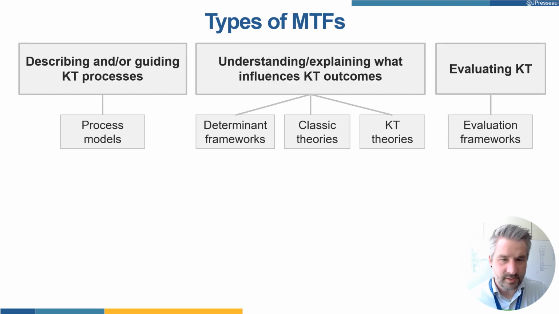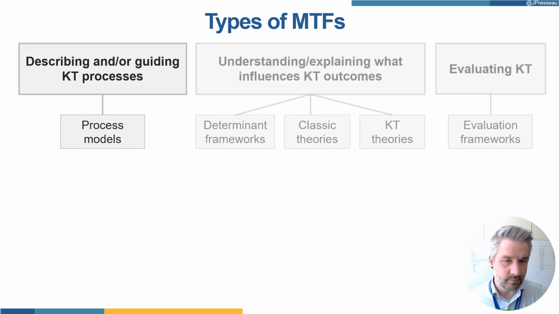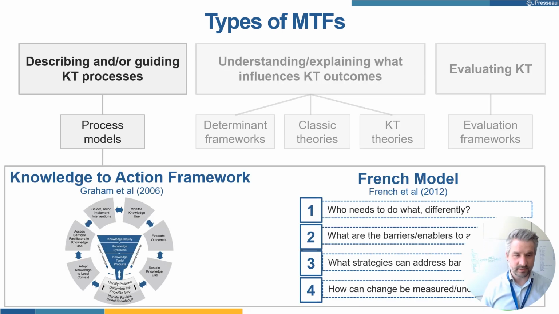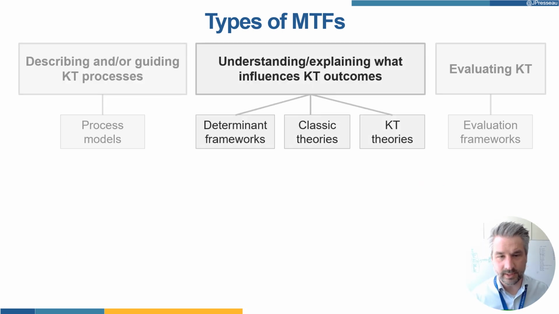Okay, so we talked about these 3 different categories that Per Nilsson outlined. Models, theories, and frameworks that are about describing the process, models that are about understanding what influences outcomes, and models for evaluating. So process models, we'll start with, here's some of the classic ones. These are high-level descriptors that are models that describe steps that we might take to go through and implement research into action. 2 that I want to highlight here are the knowledge to action framework developed in Canada, as well as the French model internationally developed, and we'll talk about each of them in more detail.